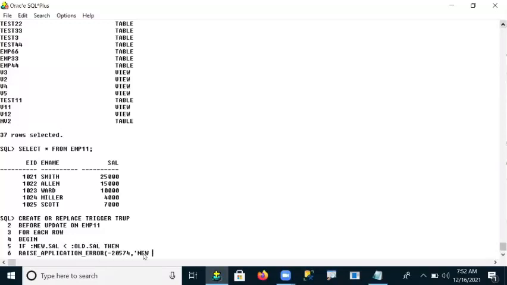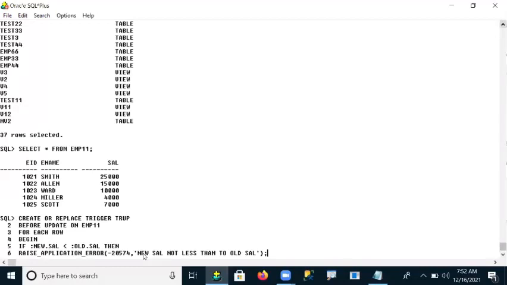And the message: new salary should not be less than old salary. This is one user-friendly message we are passing here: new salary not less than old salary.